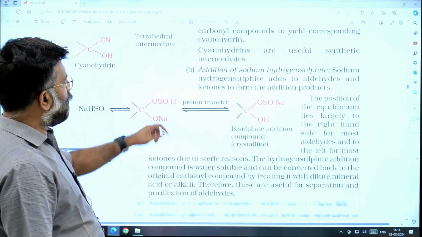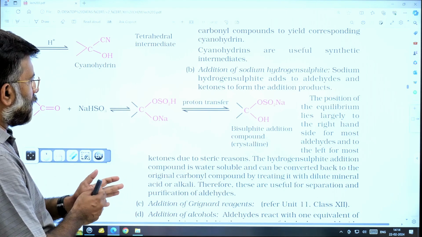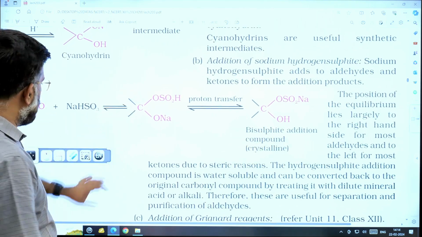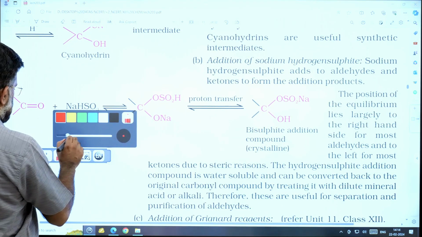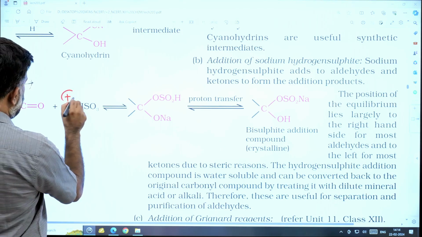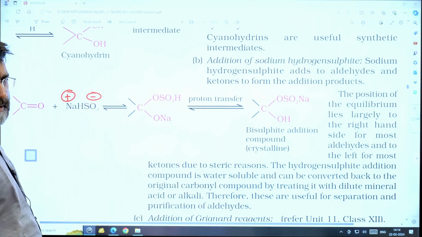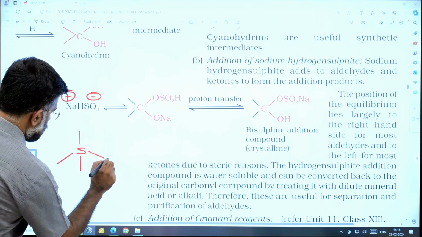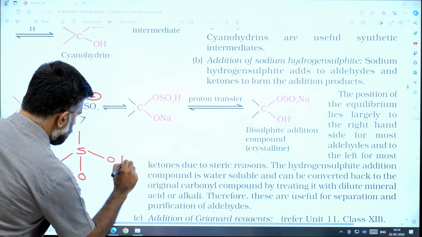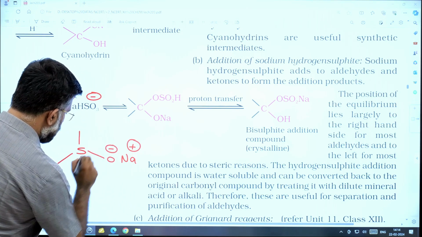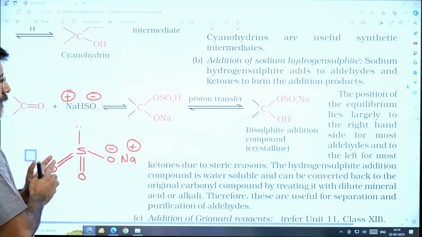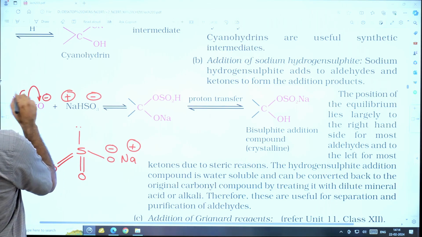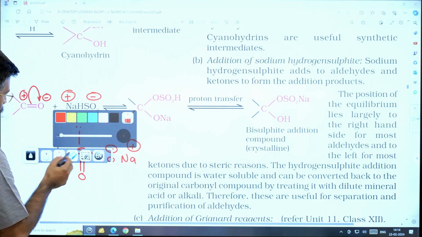Next one, addition of sodium hydrogen sulfite. You look at the reaction, addition of sodium hydrogen sulfite, Na plus and HSO3 minus. This is Na plus and O minus. This is SO3, like this, right? So there is a polarization, O minus and C plus. So the C plus will be attacked by